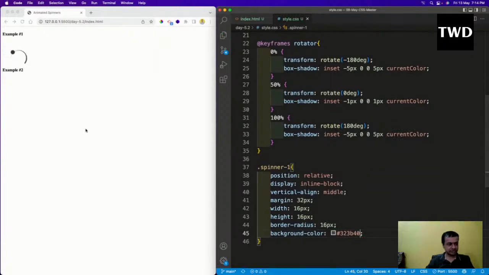Okay, so this thing is showing here only position relative. Oh, not spinner 1, spinner 2 actually. Okay, so spinner 2 is now shown here. Okay, so that is okay. So spinner 2